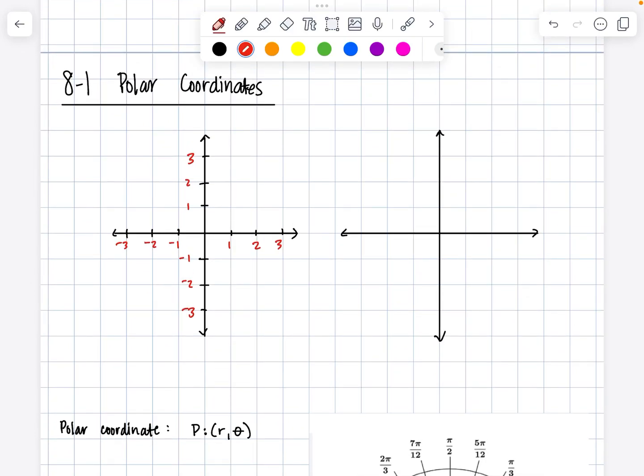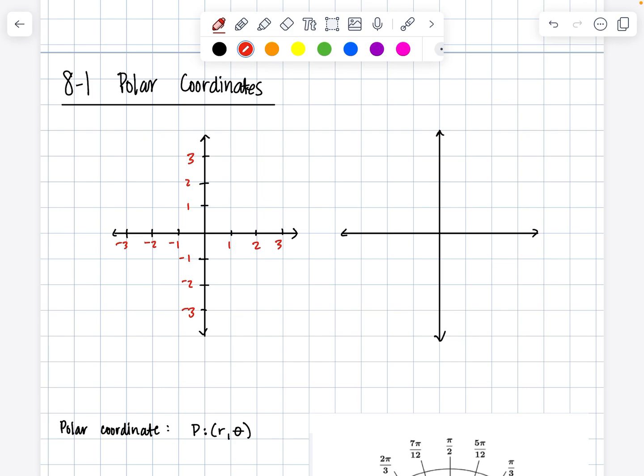Hello and welcome to our new unit on polar coordinates. This is going to be kind of a flashback into the unit circle because we're going to be using it a lot, and you'll see why in just a second. Polar coordinates are very different than your rectangular coordinates, which you probably haven't heard called that before,